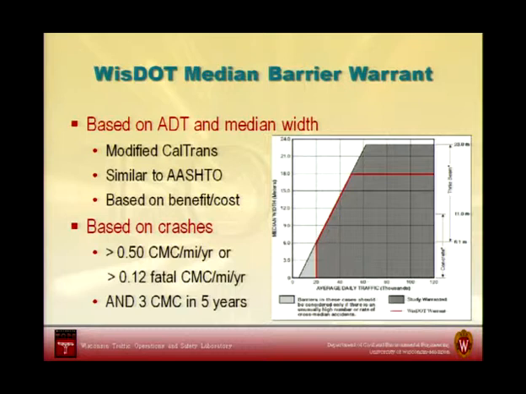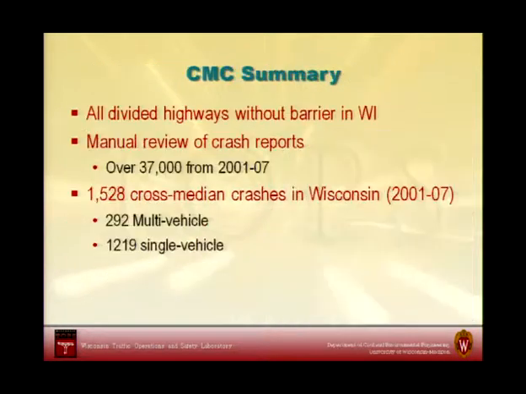And then we searched around like you always do when you start research, and looked at what some of the leading states were doing. California was one that actually began to quantify this issue in a more focused way. Their warrants were if you have more than half a cross-median crash per mile per year over some extended period of time, then median barriers should be warranted, and then a smaller rate if you have fatal-related crashes. So taking all this information, we said, well, how should we deal with this in Wisconsin? In fact, it even went farther than Wisconsin in some of the thoughts through the Midwestern states.